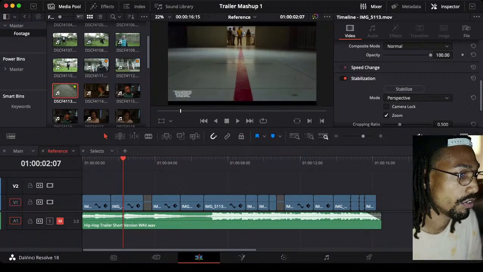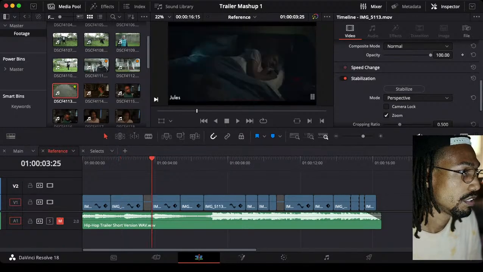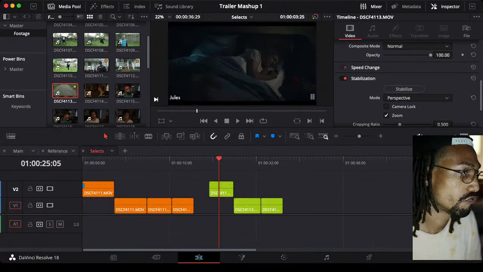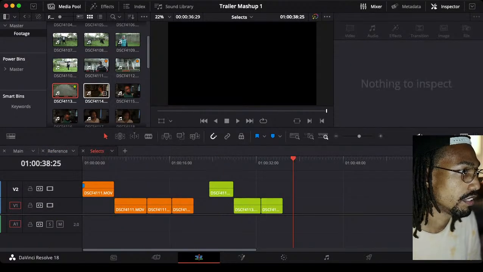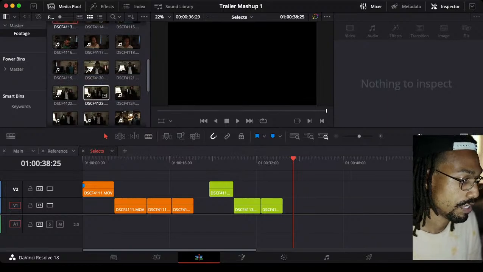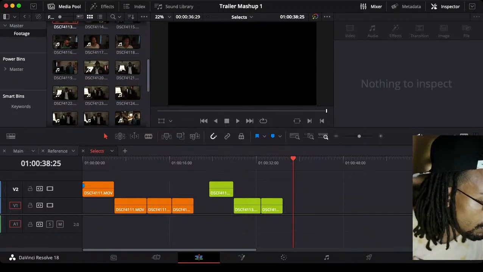I'm not going to do a whole lot of these right now. I'm just kind of showing you guys some of it. I was not planning on staying on that long. Hopefully,